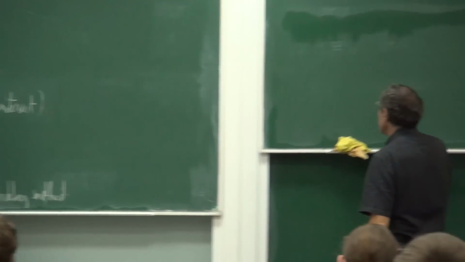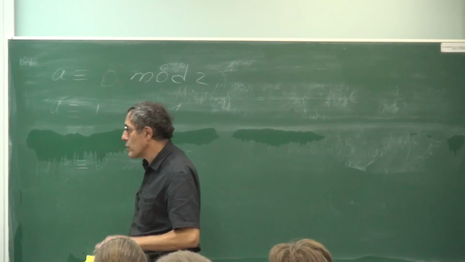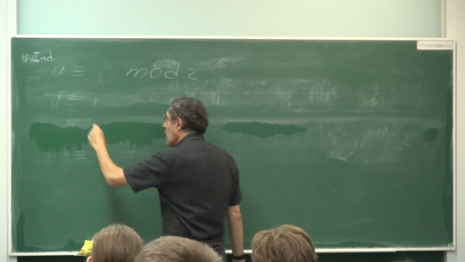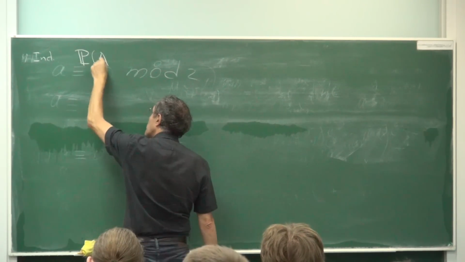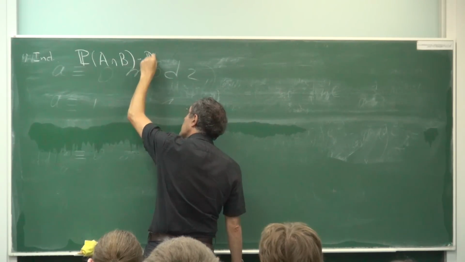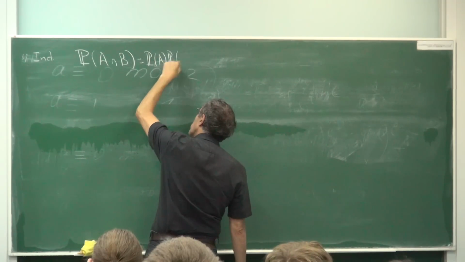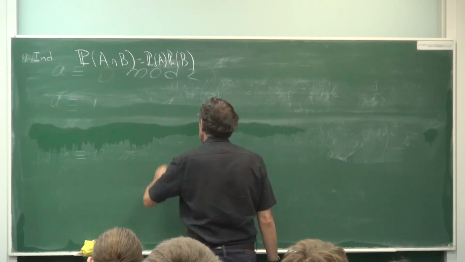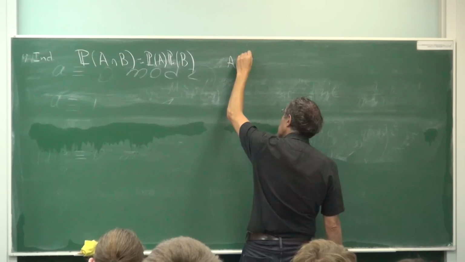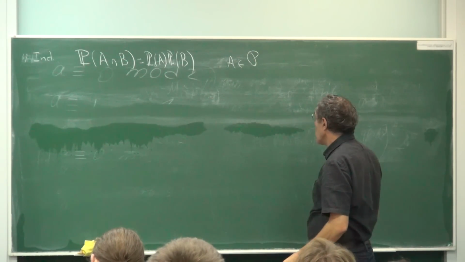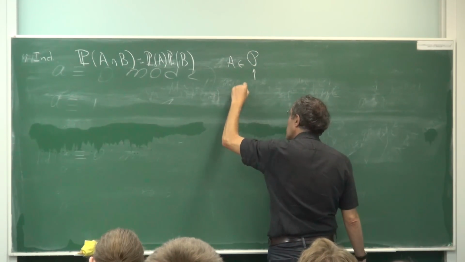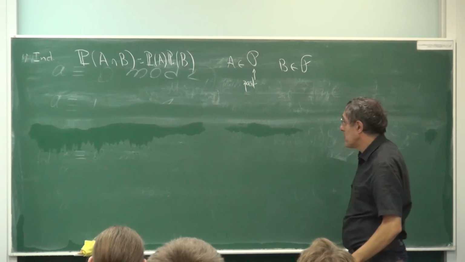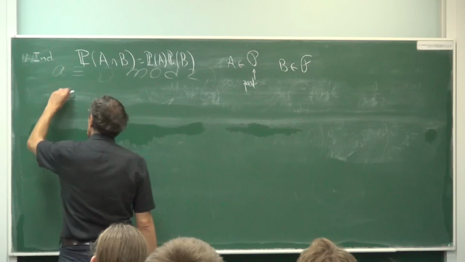So the first thing is there are very simple things. As I was saying, the first thing is concerned with independence, and so as usual, when you have two events, P of A and B is P of A times P of B, the standard definition of independence for two events. Now, if A is in some sigma algebra, that I will write P because it will be the sigma algebra of the past, and B is in some sigma algebra of the future, then it can be written also that the